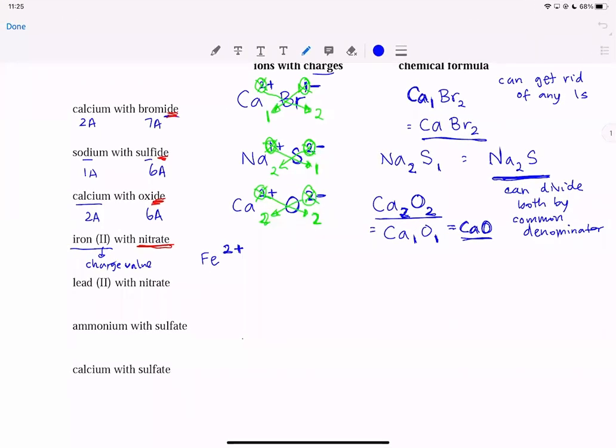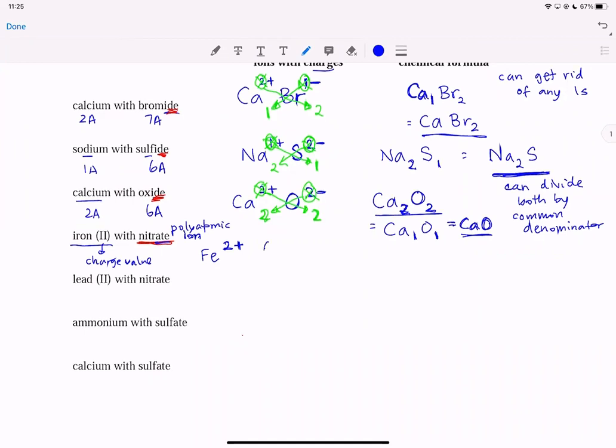So nitrate is a polyatomic ion. And I recognize that it's a polyatomic ion because it has that ATE ending. It's not nitrogen, it's not nitride. From the ATE ending, I know that there's more than one atom in there. And so this is the polyatomic ion. You want to write in parentheses, NO3. All of those atoms are bonded together, and there's a negative charge applied to the whole thing,